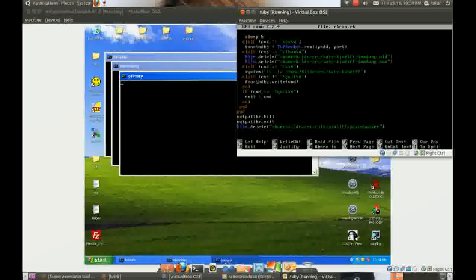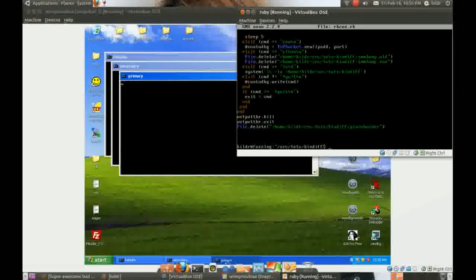If it's not bang quit, and it didn't match any of the previous, send it as a command to the debugger. If it is bang quit, make sure that we actually quit, and kill the thread. Okay, yeah. And then we can exit the thread, and delete the placeholder file. So that's a basic explanation of what it's doing, and